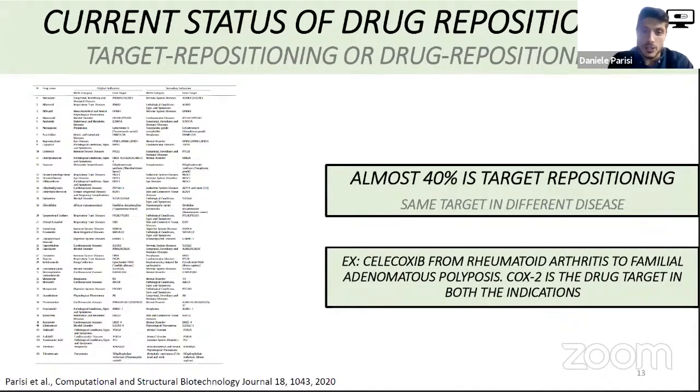An example is celecoxib, which was first approved against rheumatoid arthritis, and then against familial polyposis, through the connection with the same target, COX-2, cyclooxygenase 2. And that's a case of target repositioning, which is, again, a very big piece of all the drug repositioning cases